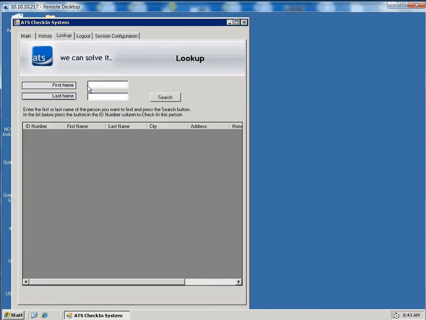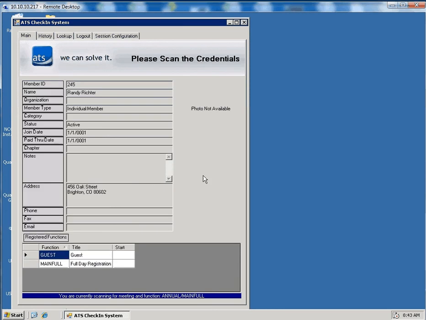Again, with the lookup, I'll go back to the lookup, and we're going to look up Randy Richter again. And I'm going to do a search, and you can see right here, I can search and I can select and manually register and check in Randy Richter for that session. So that's really it about the system. If we go back,